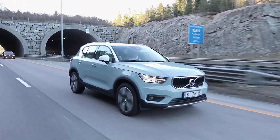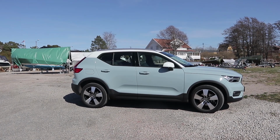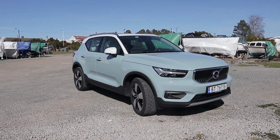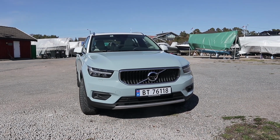Currently the smallest engine transmission combination you can get in the XC40. You also have the T5 gas engine with 250 horsepower. But at the moment, this is the smallest engine, but also the most expensive, because the D4 is probably more expensive than the T5 in your country. But it might be vice versa, but in most markets, the T5 is a bit cheaper or around the same